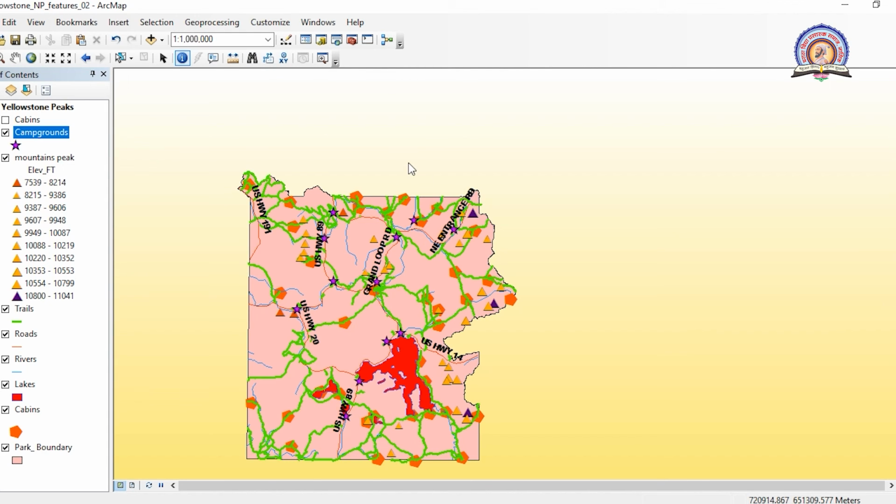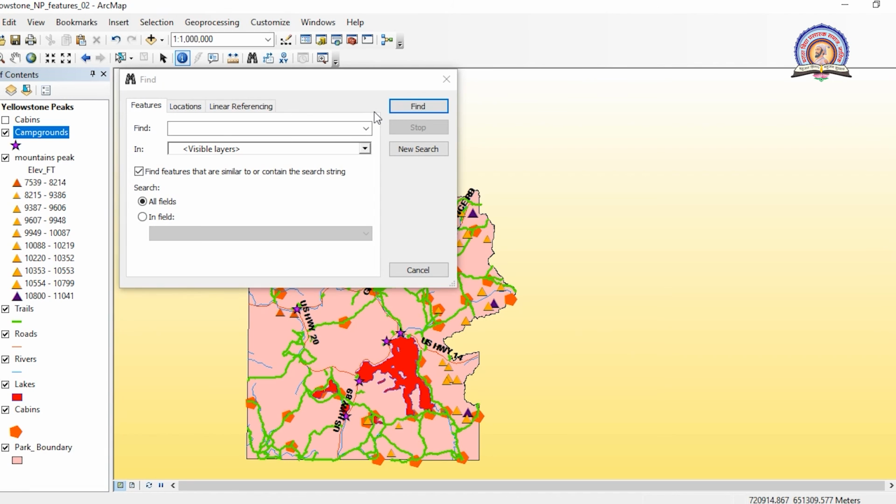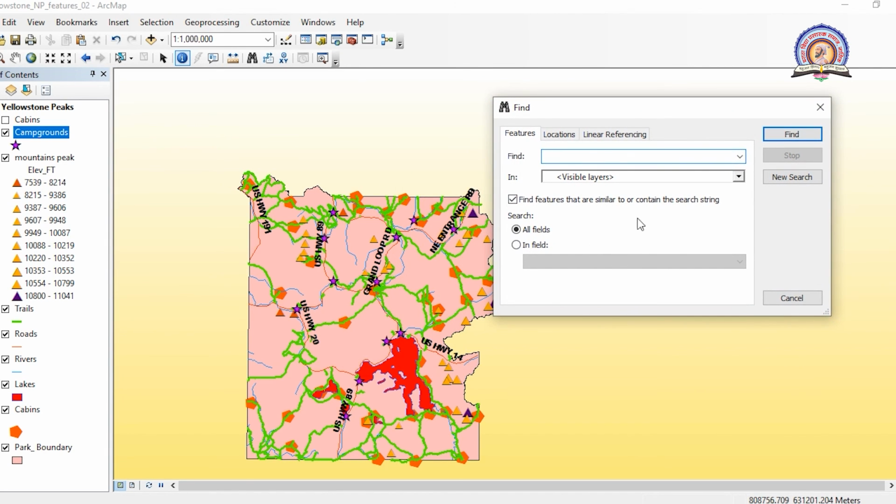By clicking it, sometimes it may take some time to respond because it is a heavy tool. So we have to have patience and wait. If we click another button during this time, the system will hang. So we have to take precaution of that. Okay, so this is your find tool.